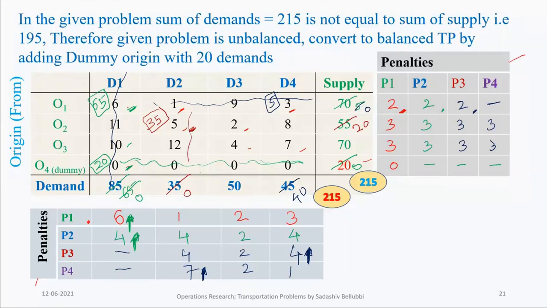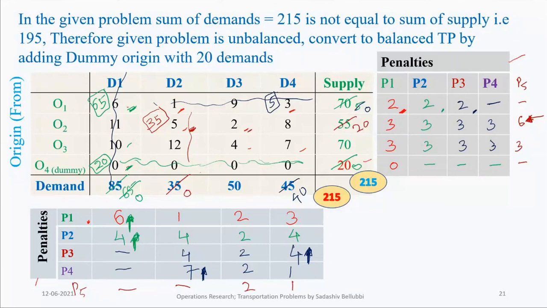Now we need to go for the fifth iteration, that is P5. 2 and 4 is a 2, 8 and 7 is 1, here 6, next one is a 3. Out of all the penalties, this 6 is the highest penalty. If you consider the second row, then in that, 2 is the least cost.